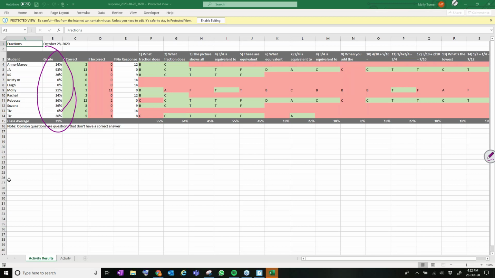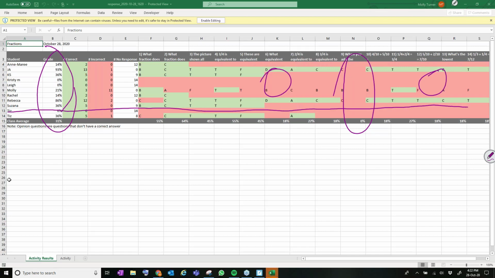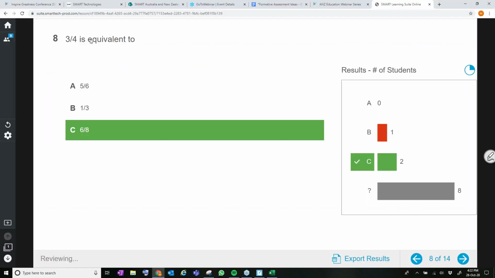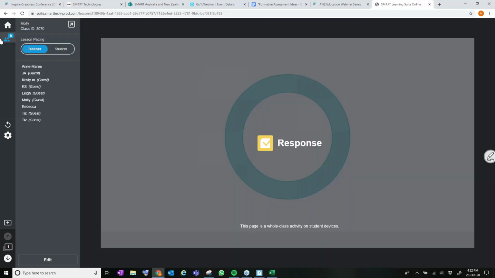The other thing I've got here is that I can see the gaps in my teaching and learning. So all the red is showing me those areas that I need to plug up before moving on. There are also things where I might have to go and see an individual student because they didn't fare so well. So it's a really useful data export from that assessment. But that's all teacher stuff. I'm loving it, but I really want to show you how I then put it into the